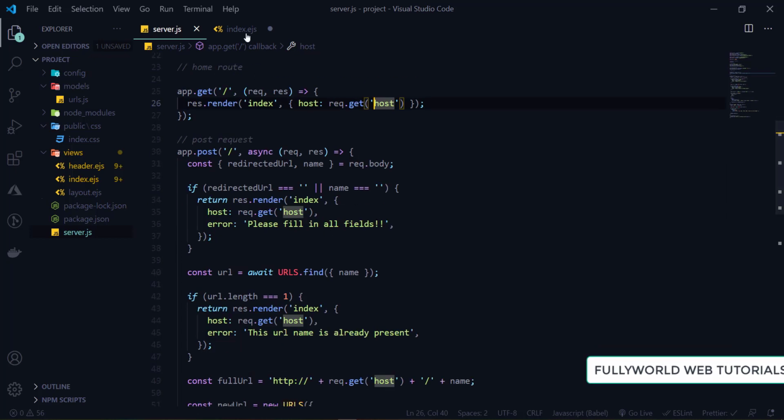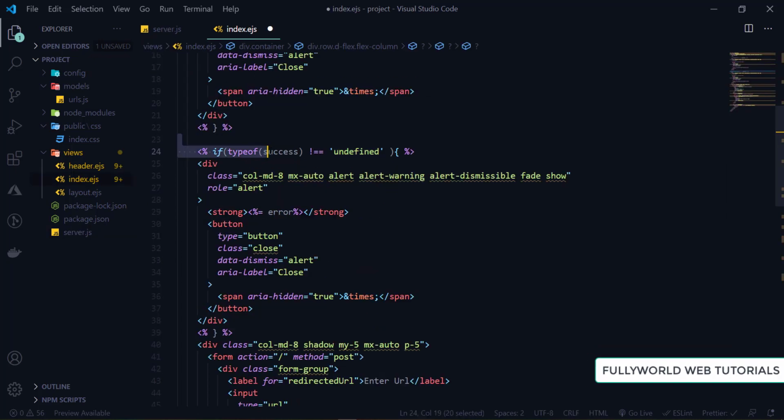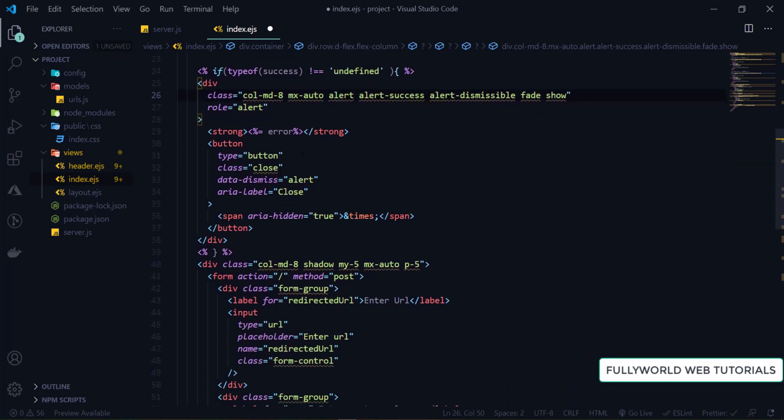So first of all we have to apply validation on whether success is present or not. That's why we are writing if typeof success is not equal to undefined. So if success is present, then we have to print this. I'm going to write alert-success instead of this, and after that here I'm going to print success, and here I'm going to write: your URL is this one.